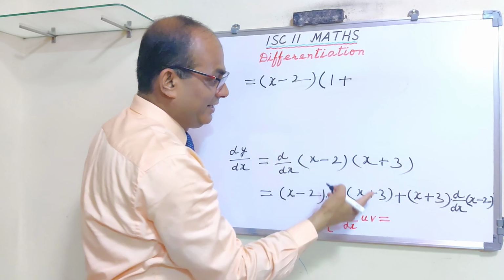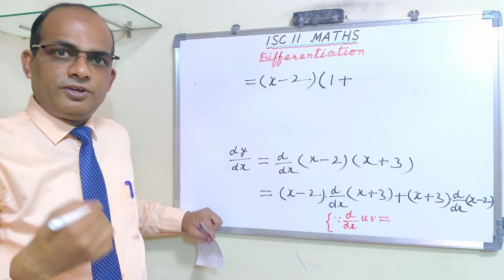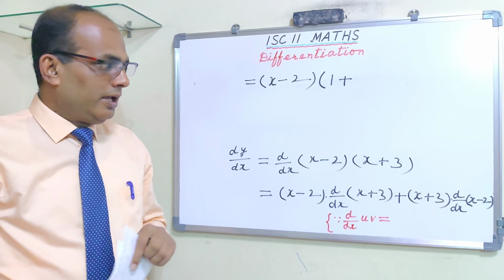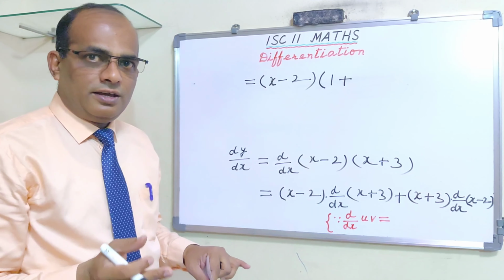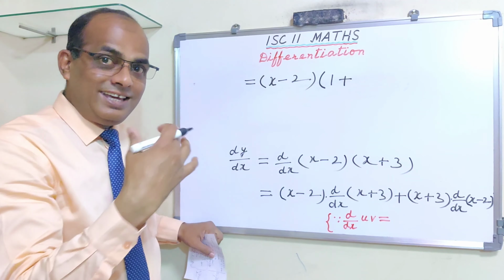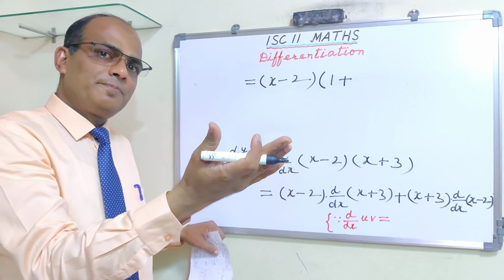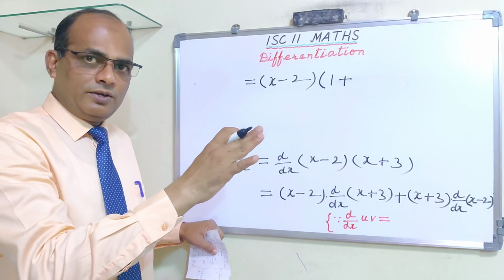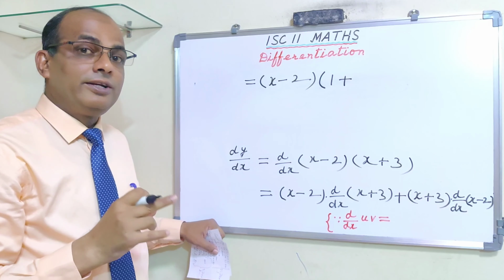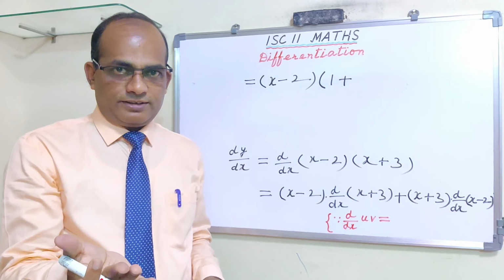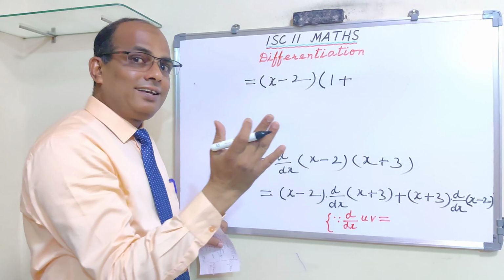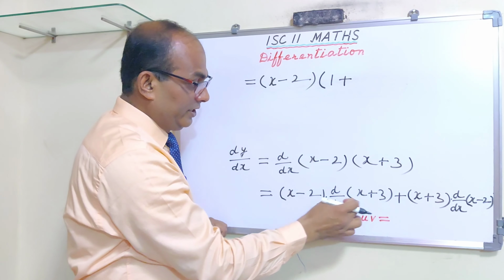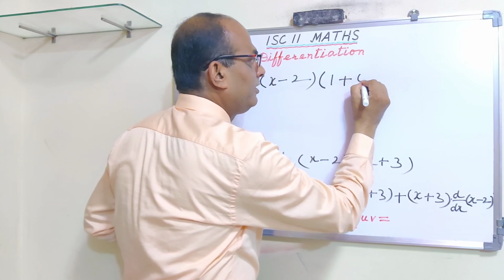and plus d/dx of 3. 3 is a constant, so the differential coefficient of any constant, if it is alone, not associated with any variable, will be 0. If it is 3x, then we will keep 3 outside. So the formula I have given you, please see that formula: d/dx of k f(x) is equal to k d/dx of f(x). In that case the constant will be kept aside. Its derivative will not be 0. Here it is alone, so d/dx of 3 will be 0. So we can write down here 0, d/dx of 3 is 0.